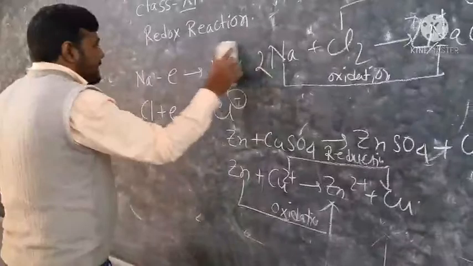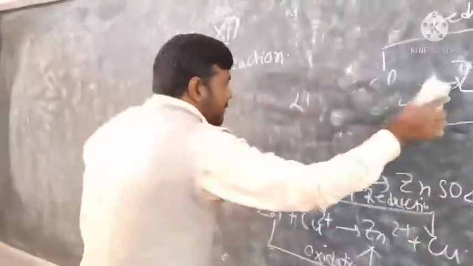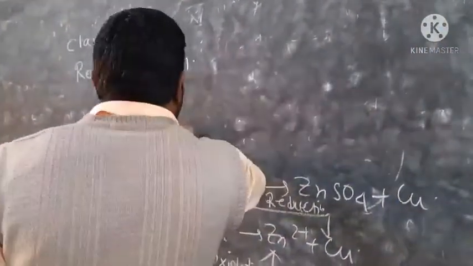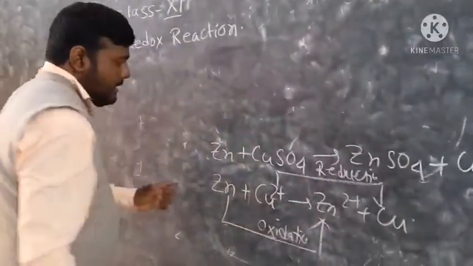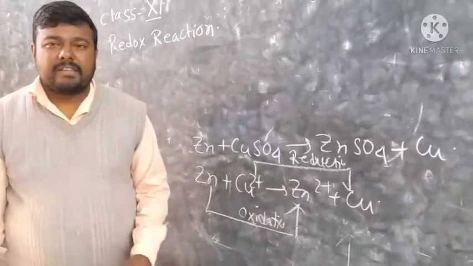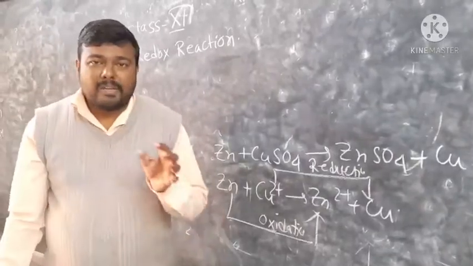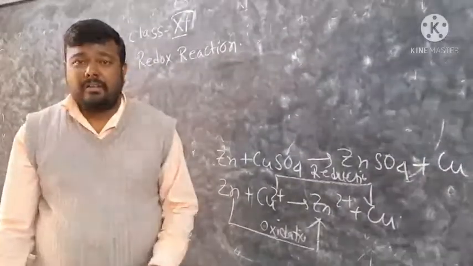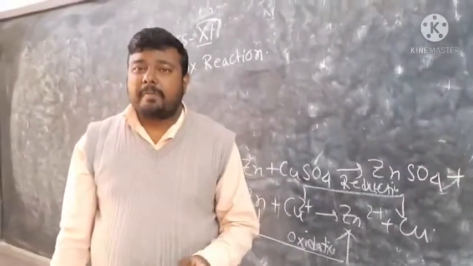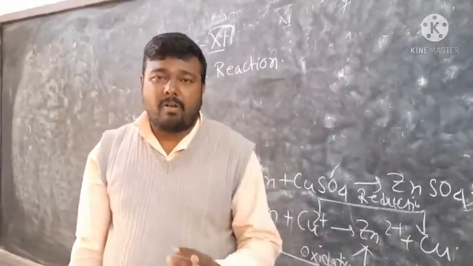But this redox reaction can easily be explained in the case of ionic compounds. If we consider the case of covalent compounds, then we cannot easily show that electron transfer is taking place from one atom to another atom. In that case, how can we define oxidation reduction reaction? We can define it in terms of a new concept known as the oxidation number. So what is this oxidation number? Oxidation number means the charge developed on an atom when other elements are removed from a specific compound.